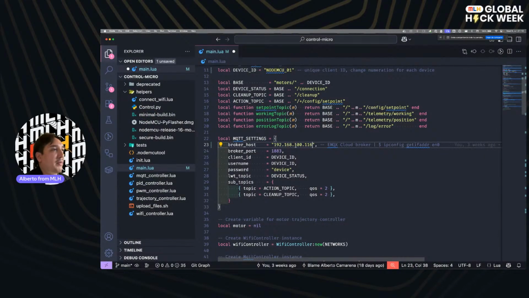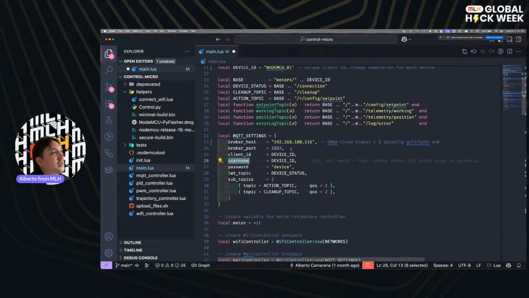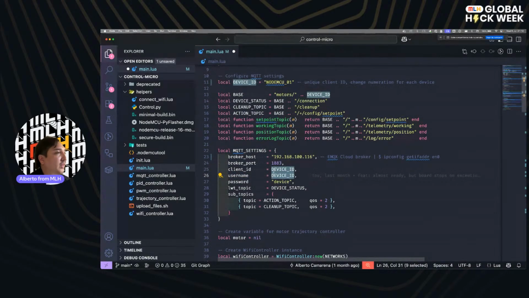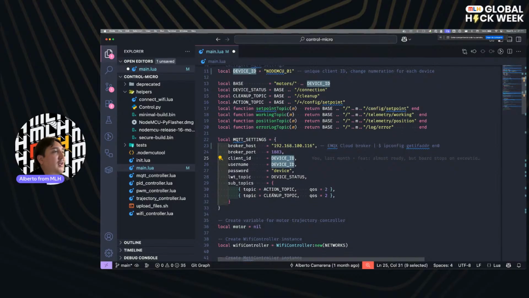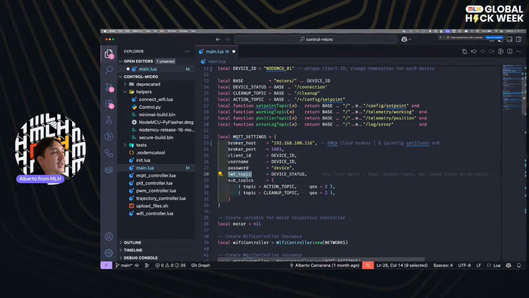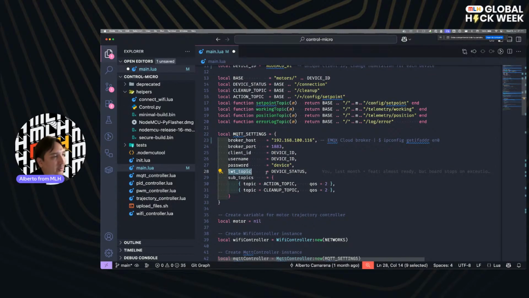I changed it. I updated here to the IP I have currently in this network. The port is the same. The client ID and the username, it doesn't matter. The password doesn't matter right now. The client ID is going to be the device ID. This is another one, that's the